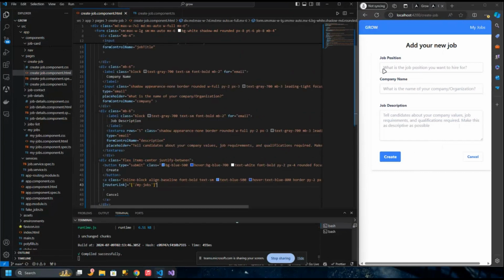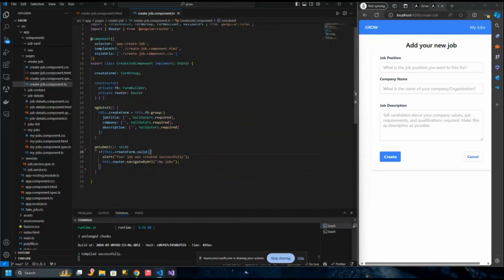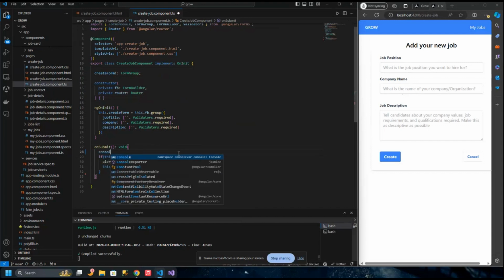So what we want is if somebody doesn't fill this, if someone doesn't fill the position or any field and they click out of it or they try to submit, it should tell them which fields have not been filled or what errors are on each field. We're just going to check to ensure that the fields have values for now. And so to do that, let's first see how you do the forms. So I'll come back here and I'll just say that on submit,